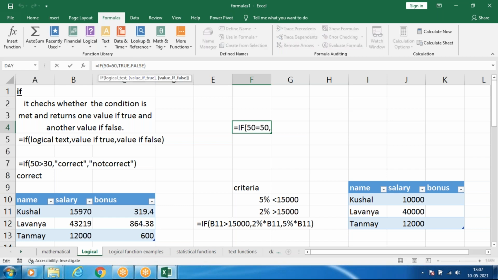So instead of true or false, if you want to give some other words, you have to use double quotes. Within double quotes only you have to give. So if the value is correct, you give correct only.